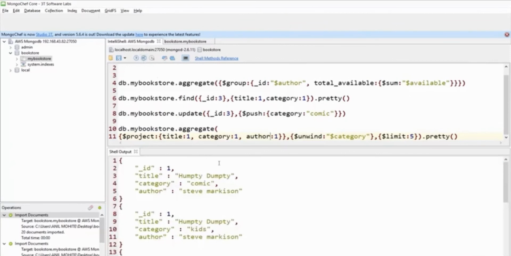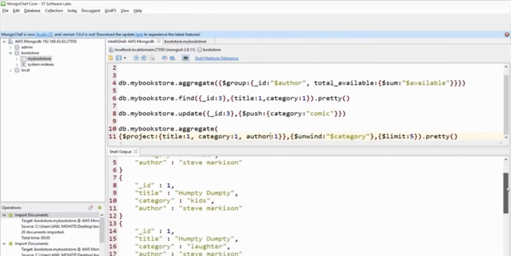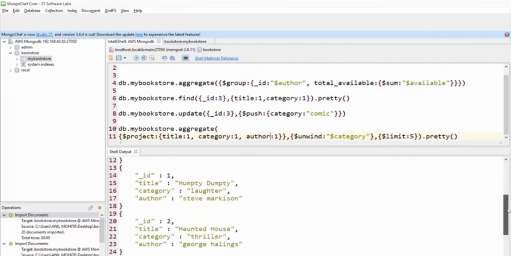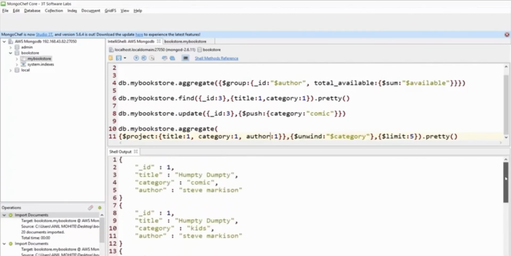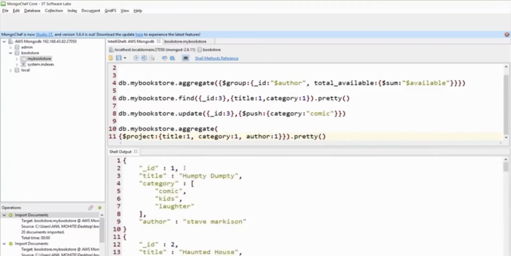Now see what happened. The title Humpty Dumpty has somewhere around categories like comic, kids, laughter, 3 of them. So if you just do it till here, if you remove unwind and limit and execute this now, you will see that Humpty Dumpty has 3 categories: comic, kids, and laughter.